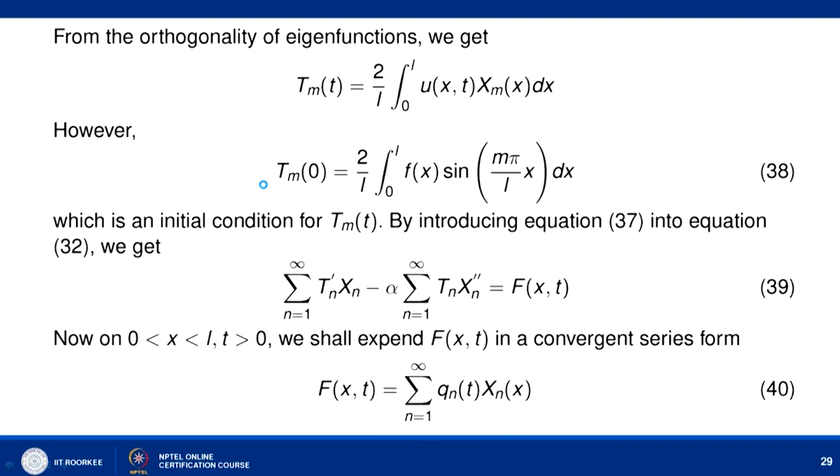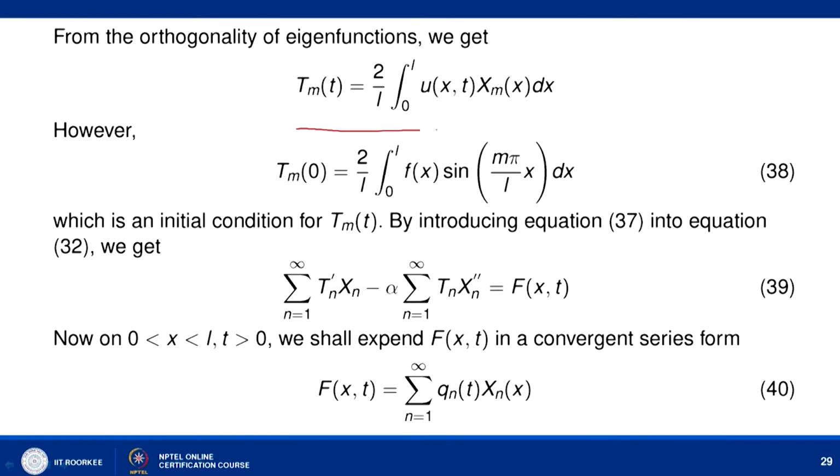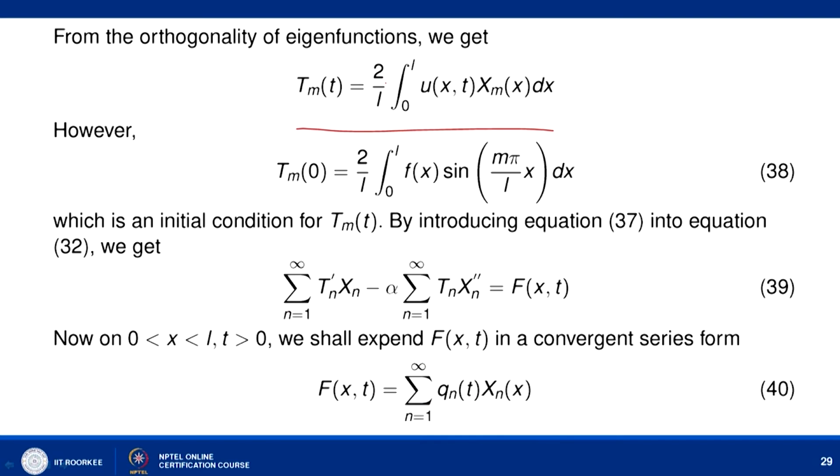So, here from the orthogonality we can find out the expression for T_m(t), that T_m(t) is equal to 2 by L integral 0 to L u(x,t) X_m(x) dx. So, here if we write our u(x,t) as sum n equal to 1 to infinity T_n(t) X_n(x), and since we already know that X_n(x) is sin(lambda_n x), then we can find out the expression for T_n(t) by using orthogonality of X_n(x), and we can write down T_m(t) as 2 by L integral 0 to L u(x,t) X_m(x) dx. In particular, for t equal to 0 I can write T_m(0) equal to 2 by L